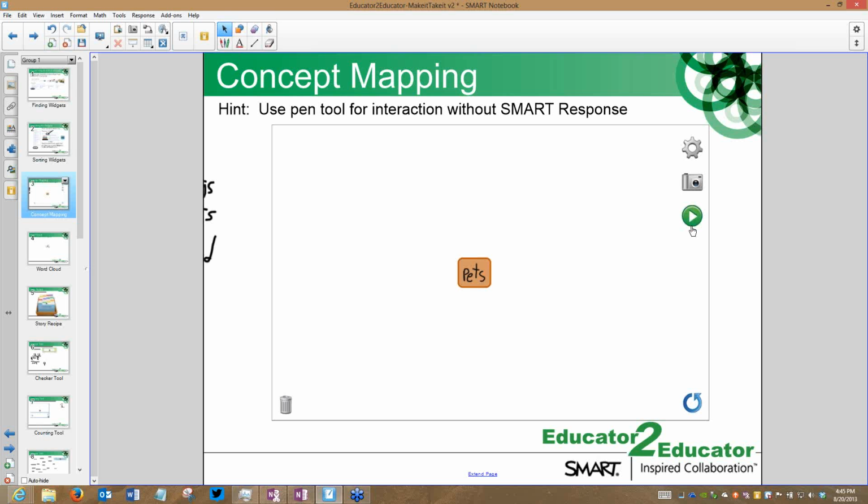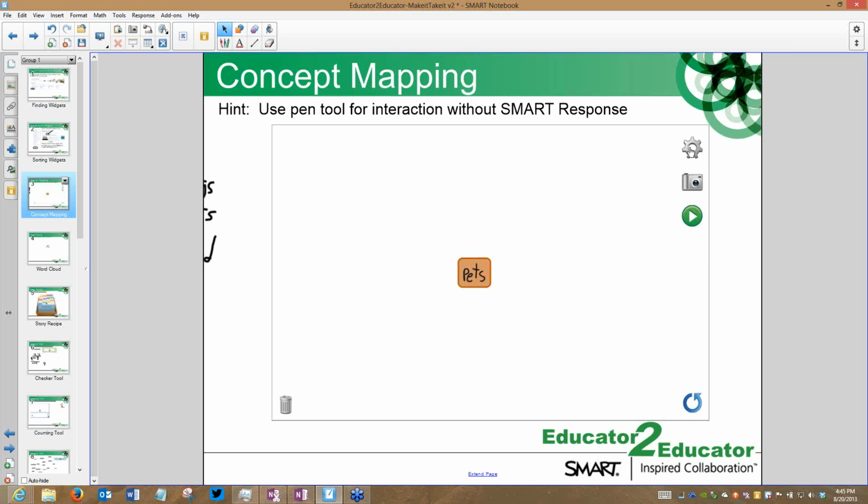If you're using a clicker system, the kids simply have to find a class. It will find whatever the class name is that you have already designated on your computer. They join it, and you can start submitting questions. They can start submitting responses to this. The number of responses by default is set to 5. So we'll let them submit up to 5 answers.